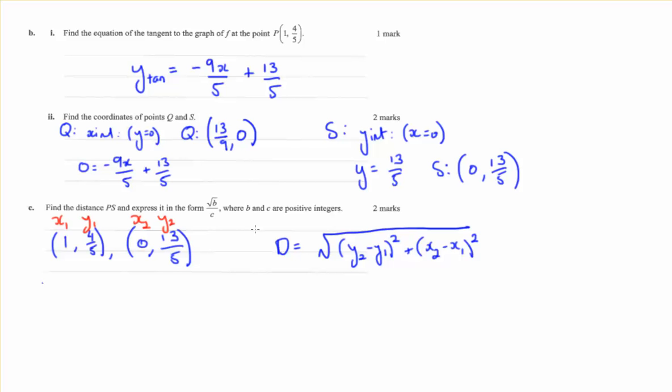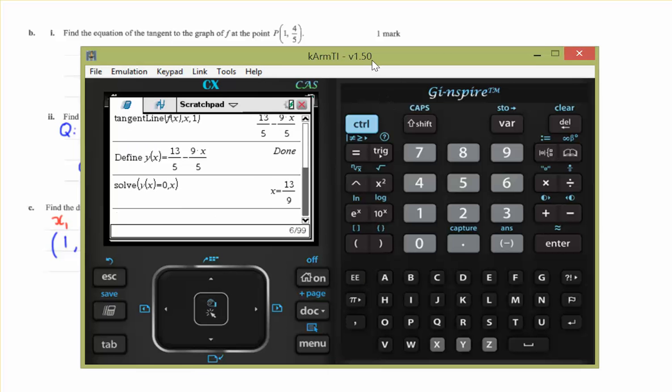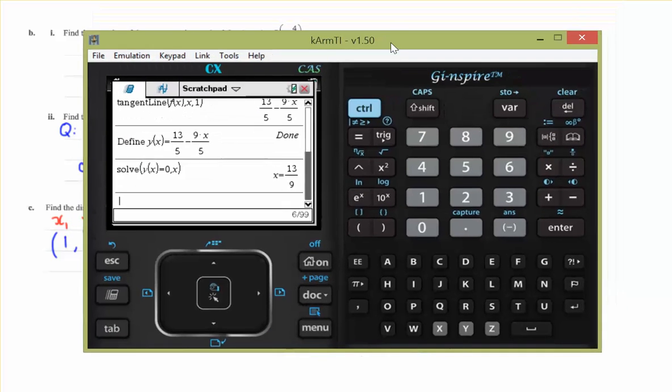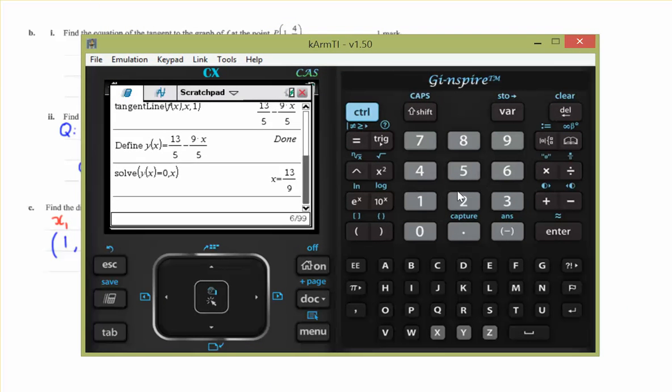So at this point, you would probably just punch it into your CAS, but substitute just to show that you know what you're talking about. That's squared, and x2 is 0 minus 1, all squared, and it's the square root of that quantity. Rightio, what does our CAS say? So we want the square root of, where's it hiding? There it is. We want the square root